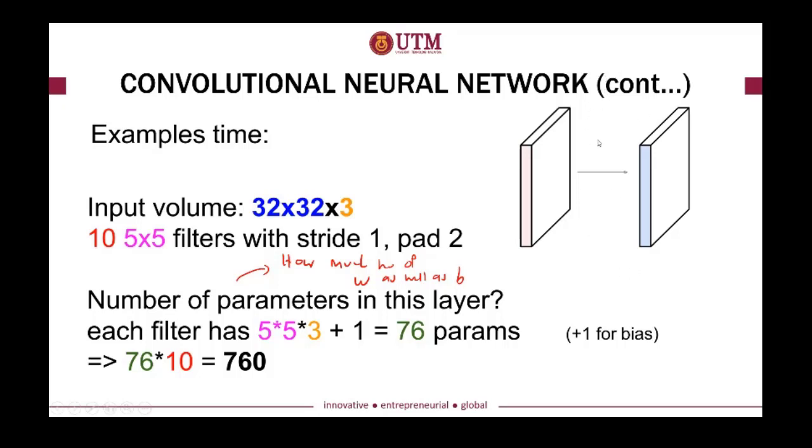In order to calculate that, you need to calculate the size of the filter, because one filter has 5 times 5 times 3, meaning the filter coefficients are 5 times 5 times 3. This is the total W for one filter, plus one bias. So one filter has 76 parameters, and since we have 10 filters, you multiply 76 by 10 and get 760